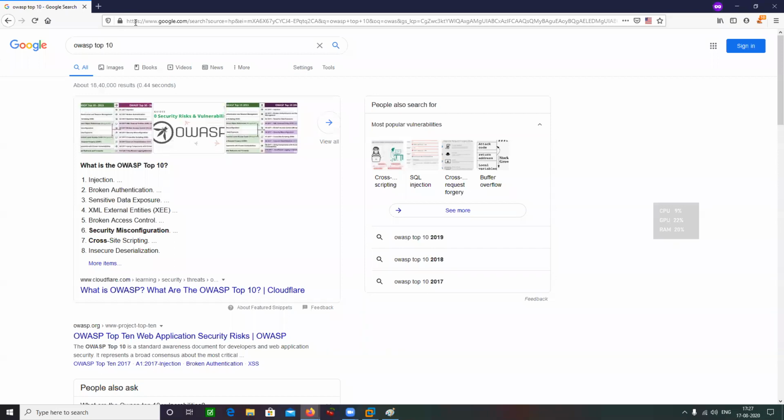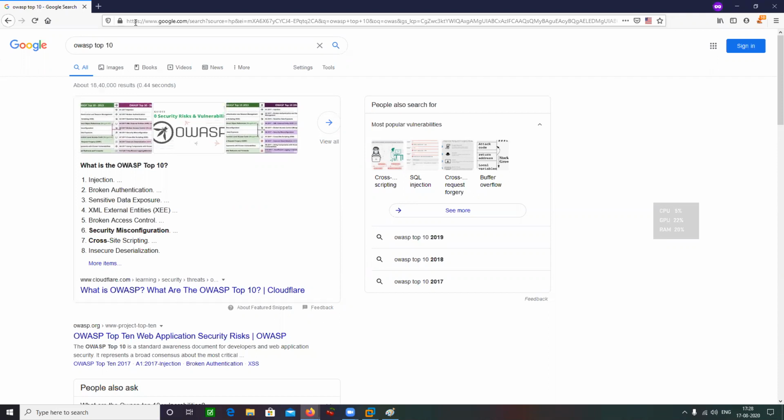Every 3 to 4 years they do all the research and analysis, like what kind of attacks and trends have been observed in the past 2 to 3 years, and then they release a list of attacks.